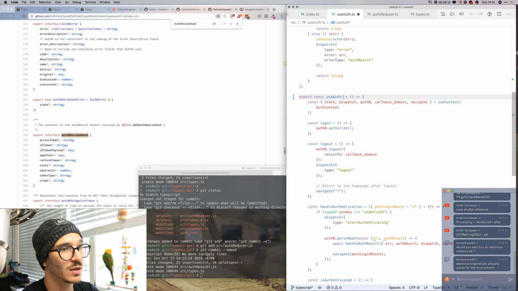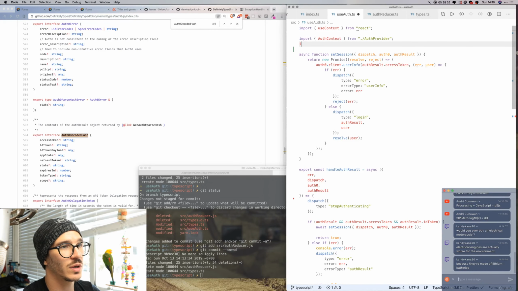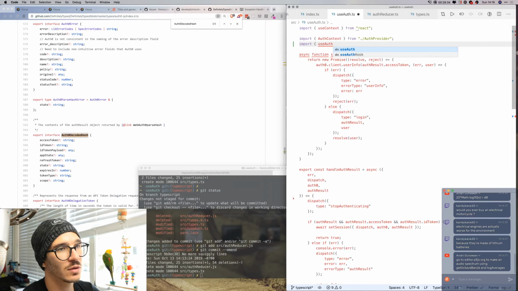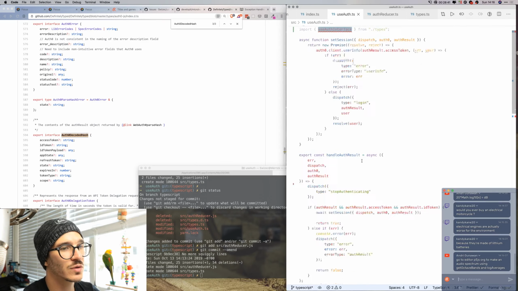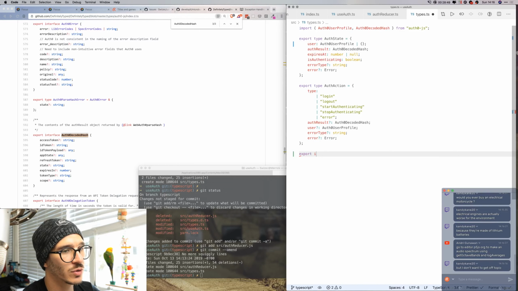Those are jets. So we're going to say useAuth interface hook, useAuth hook. So we take useAuth hook and we import useAuth, let's call it an interface, UseAuthInterface from /types. UseAuthInterface, we add it here, I think that should work. Then we go into types.ts and we say export interface UseAuthInterface, which is a function